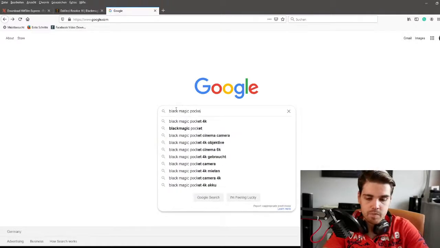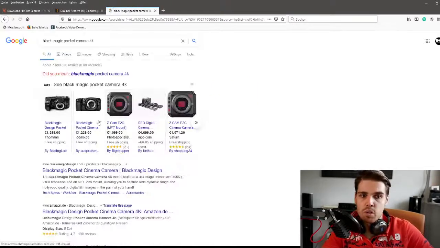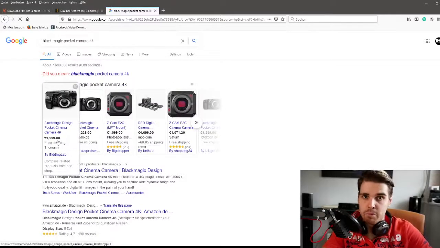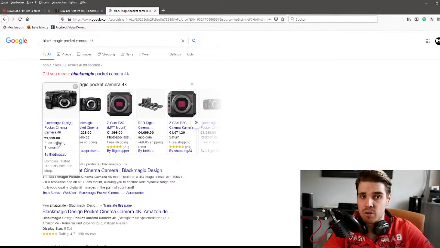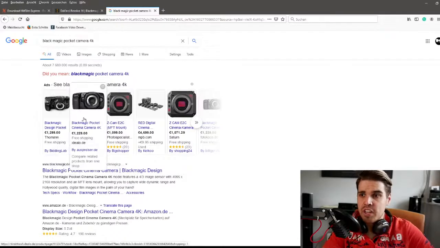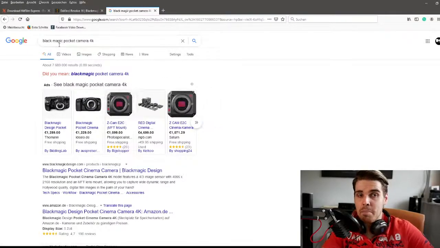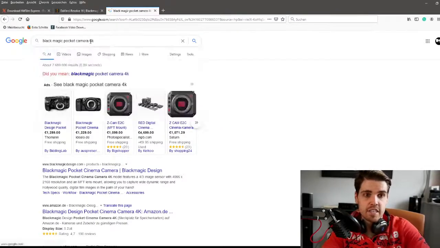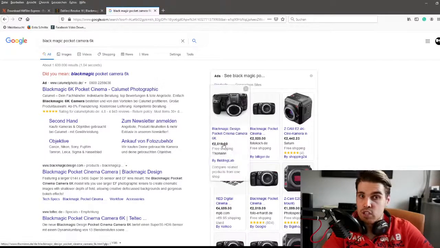Blackmagic Pocket Camera 4K. This is one of the cameras they produce. It can shoot in RAW, meaning it can pick up as much information as possible. Of course, this is a very intense camera to use, but for the price point of €1,300, I think also $1,300, you're going to get one amazing product. And I think that is the key to why Blackmagic is doing so successfully. They also have a 6K version in case you want to upscale your production, and it costs €2,000.